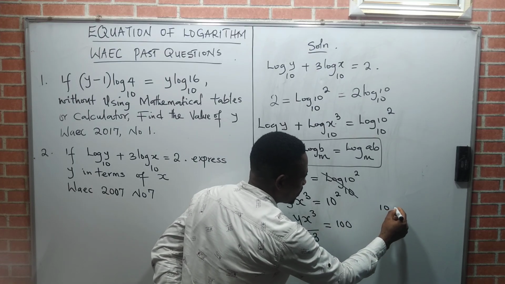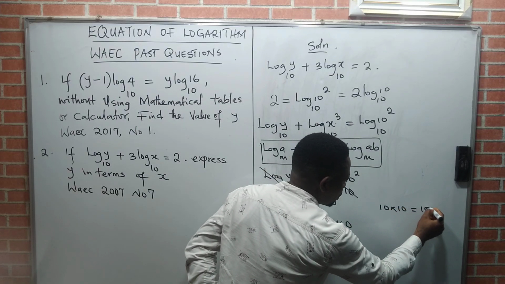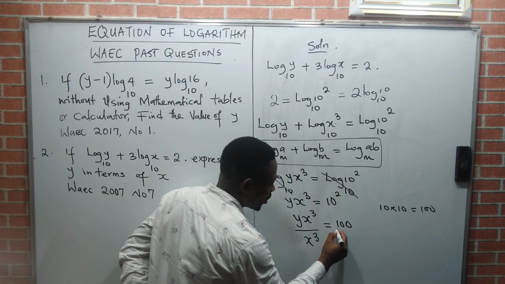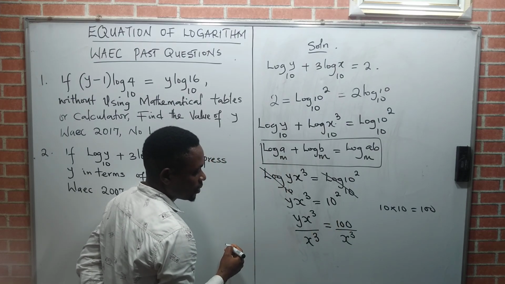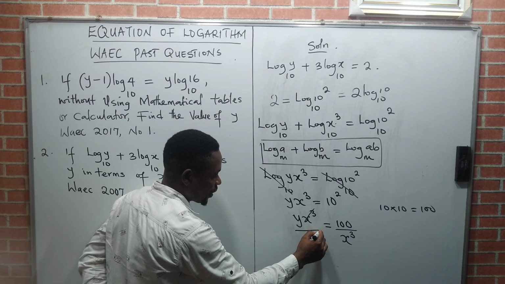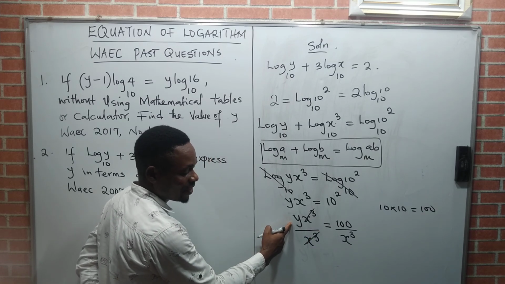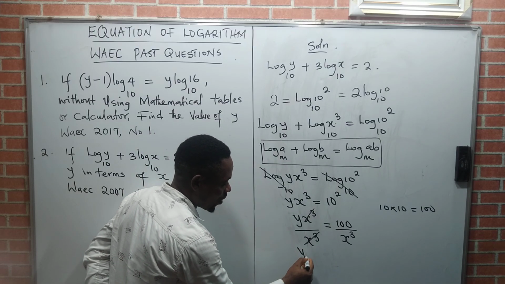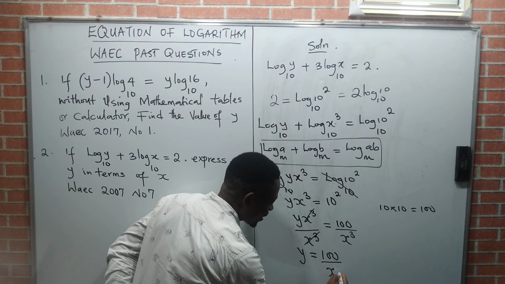It means we should multiply 10 into 2 places, and 10 into 2 places will give us 100. So it becomes 100 over the same x raised to the power of 3. Now, can you observe that x to power 3 will cancel x to power 3? Finally, I have made y subject of the formula. So which means the value of y is now equal to 100 all over x raised to power 3. And that is the final